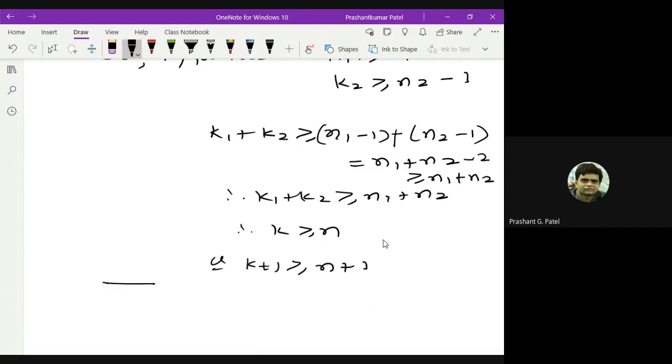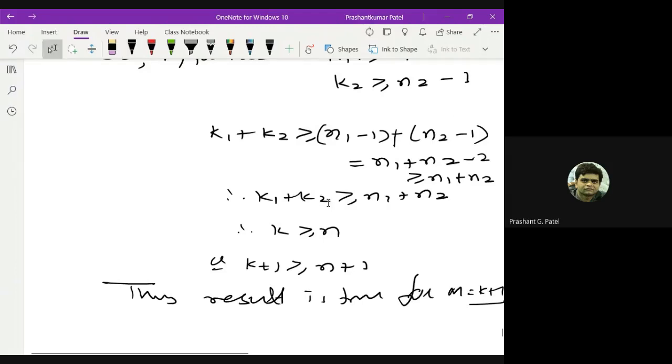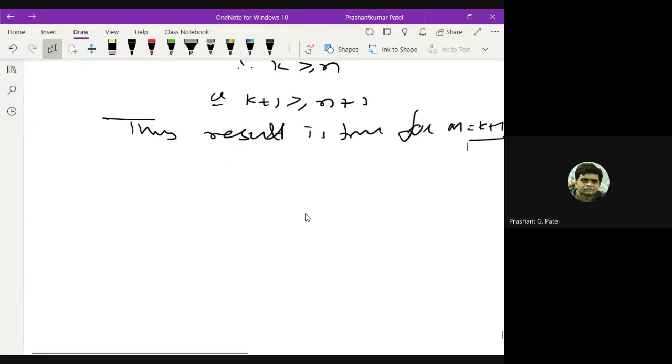So thus we can say that the result is true for m equal to k plus 1, and that completes the proof. Of any graph, the minimum number of edges in a connected graph with n vertices is n minus 1. Next